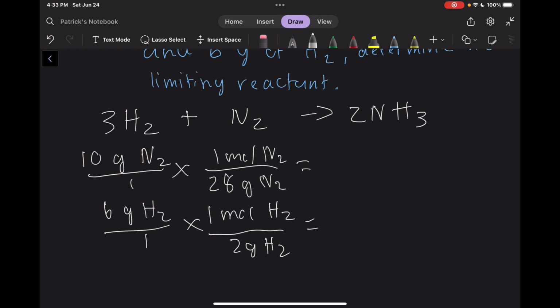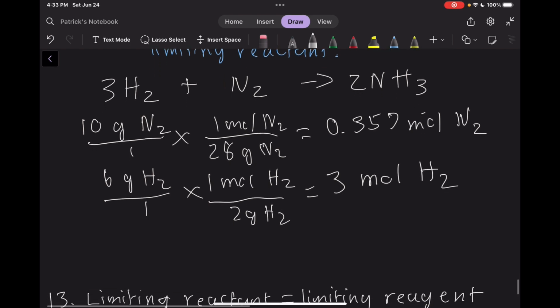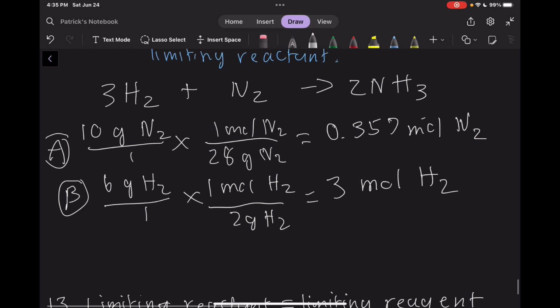We have here 0.357 moles of N2 and 3 moles of H2. We now create 2 variables, A and B. The molar ratio between B and A is 3 moles of hydrogen for every 1 mole of nitrogen according to our equation. So we multiply